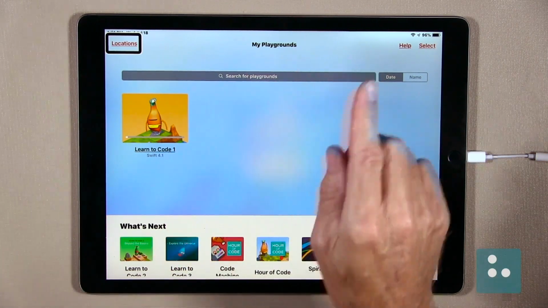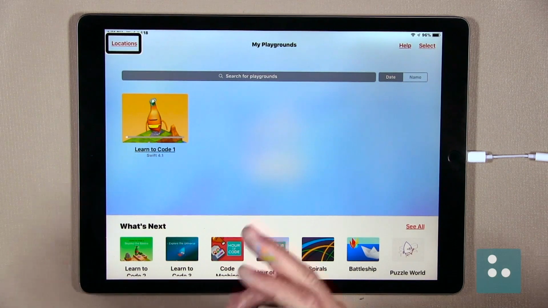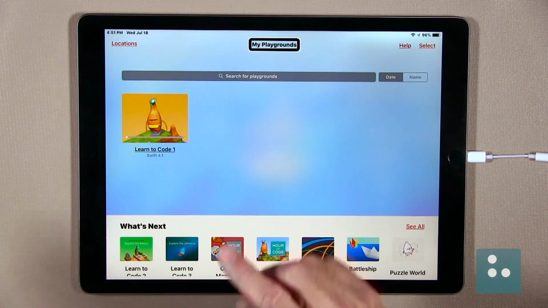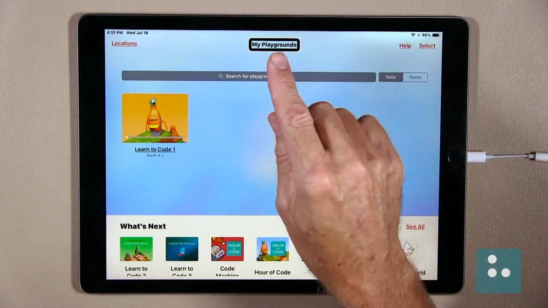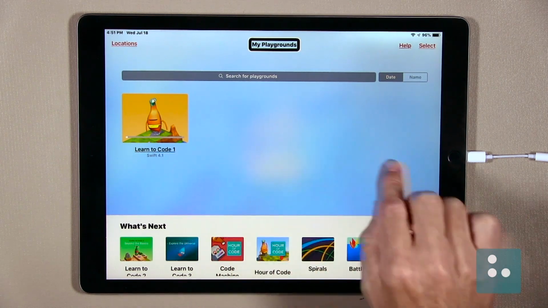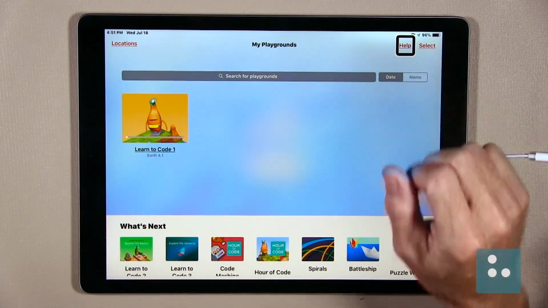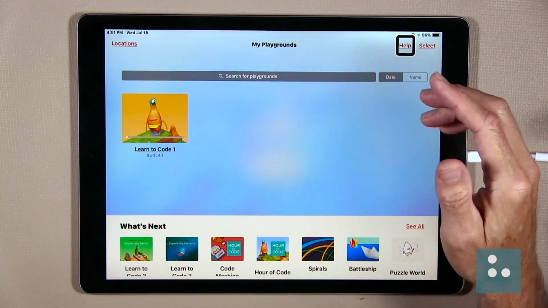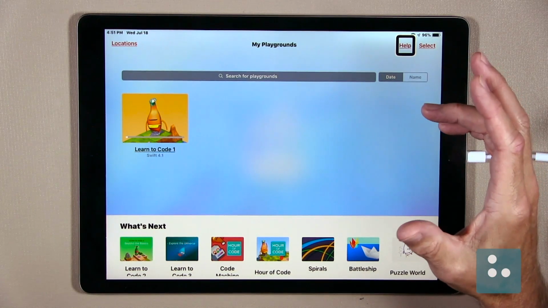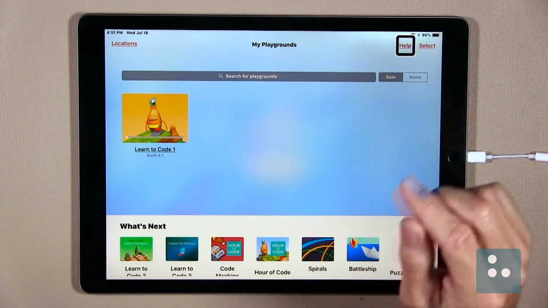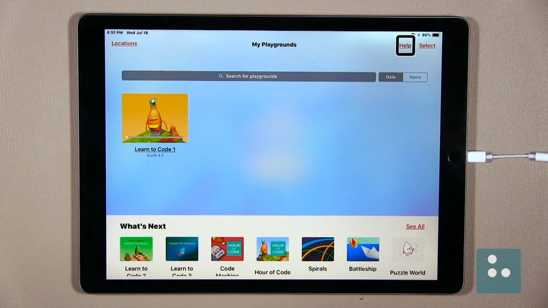Okay, so we'll just right-click through our screen here and check out our My Playground screen. My Playgrounds heading. Okay, and here is our My Playgrounds heading in the top center of our screen. So we know we're in the right place, and we'll just right-click from here. Help button. Yeah, and here is our Help button. And you've probably already guessed that activating our Help button will give us a pop-up menu with some really great help topics to choose from. So this just might be a great place to come back and explore a little later on.